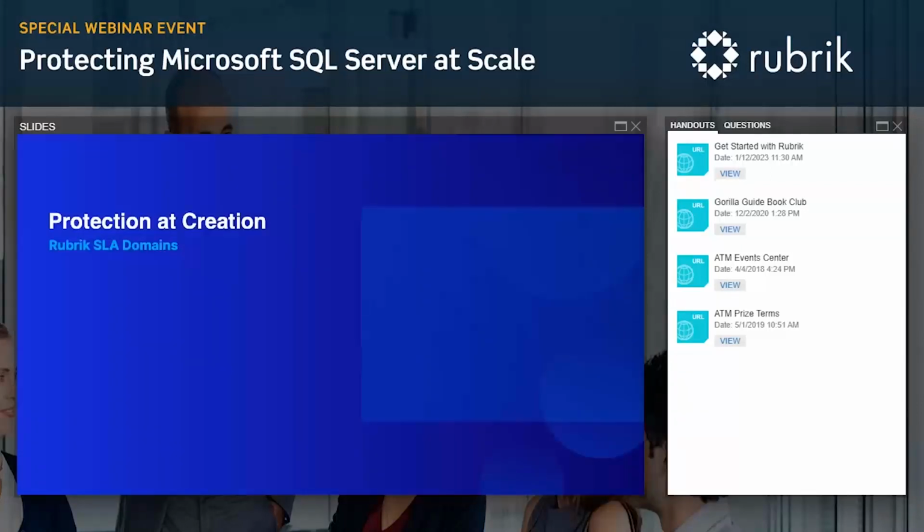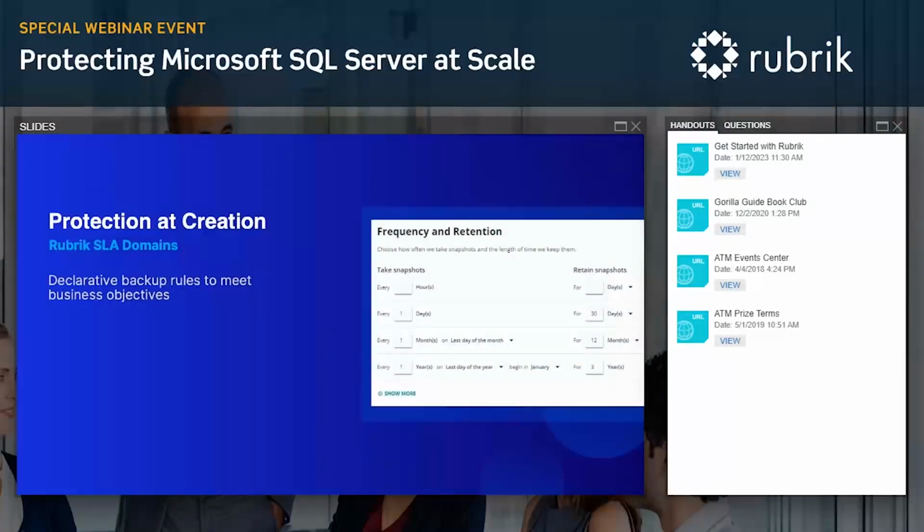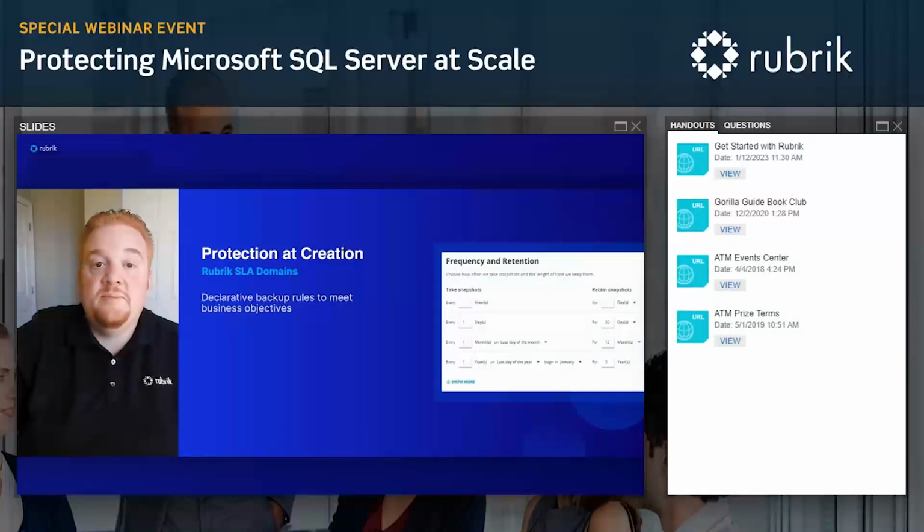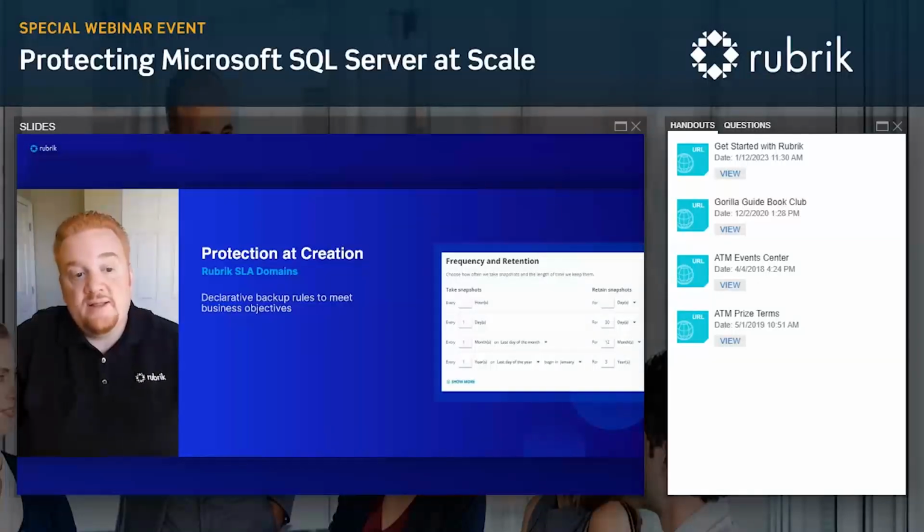Rubrik uses an SLA domain as a declarative statement to manage the lifecycle of the backup. The SLA domain will define frequency of backups, their retention, when the backup should happen, if the backup should be copied to a separate location, and if long-term retention is required, moving the backup to that archive location, which would release storage back to the environment, all based on the rules set forth by the business units and DBAs working together. The SLA domain becomes a simple to create and read declarative rule set for how backups should be managed.